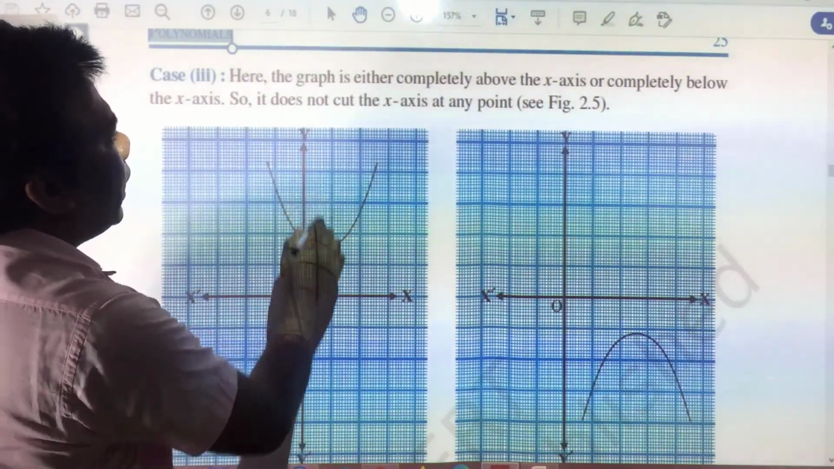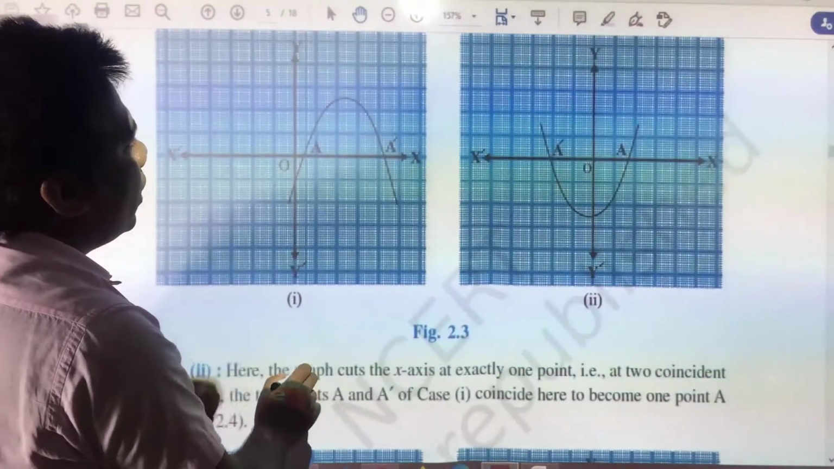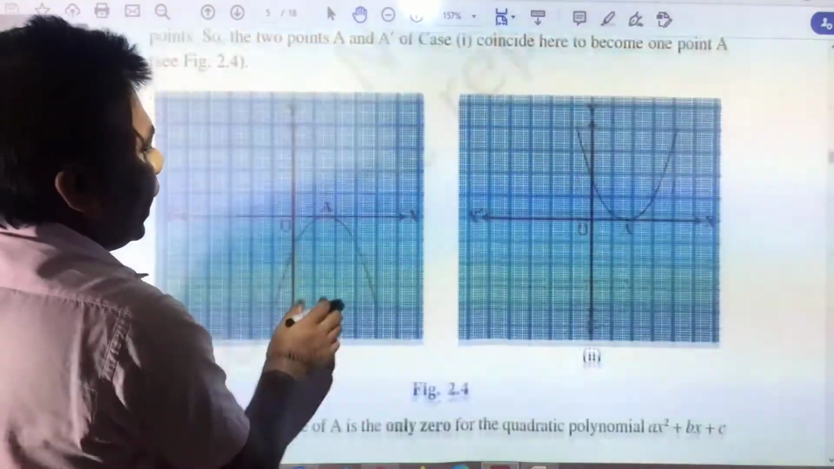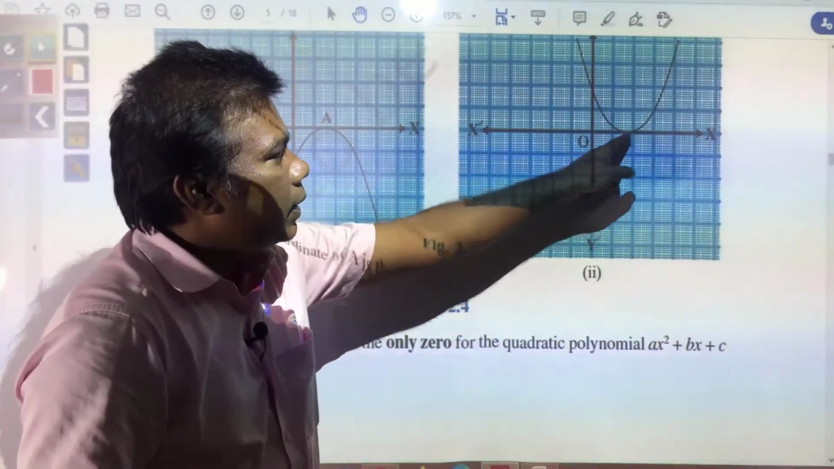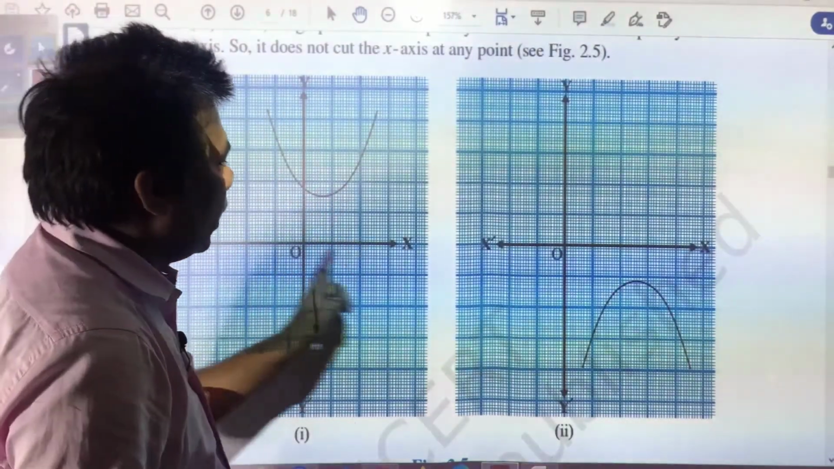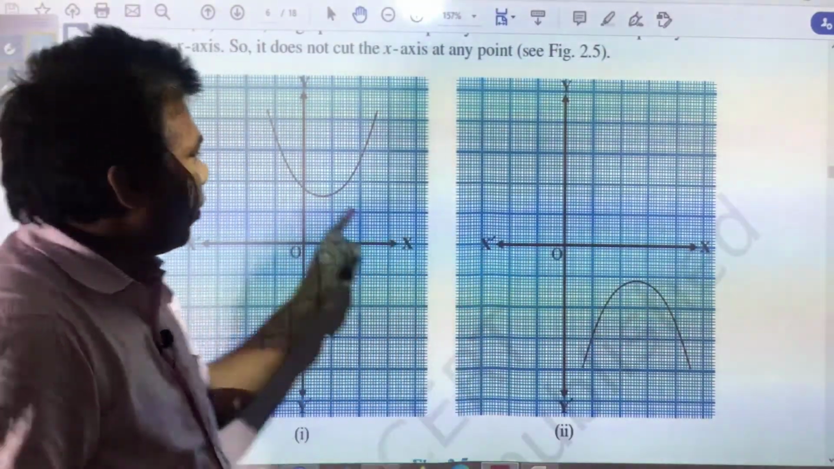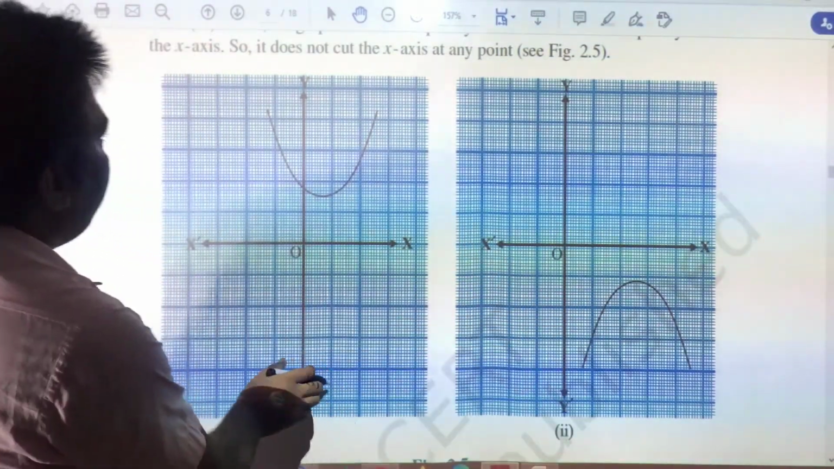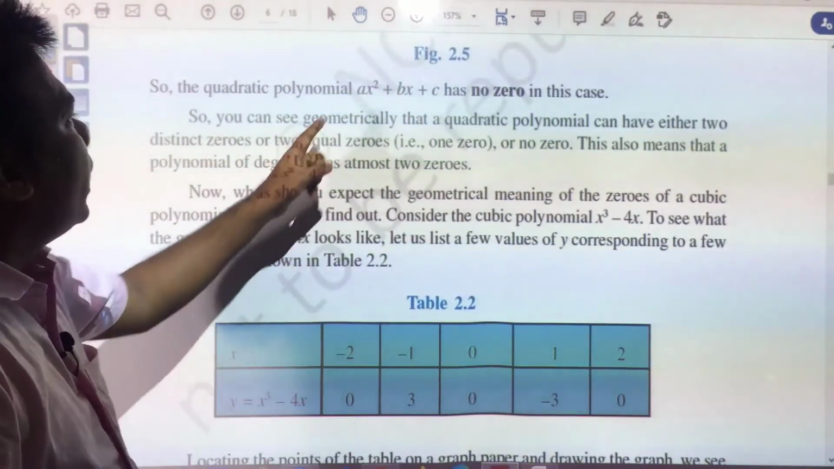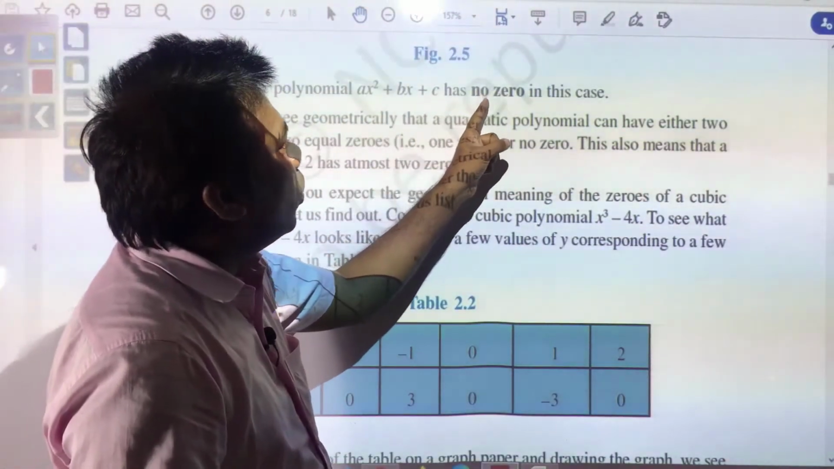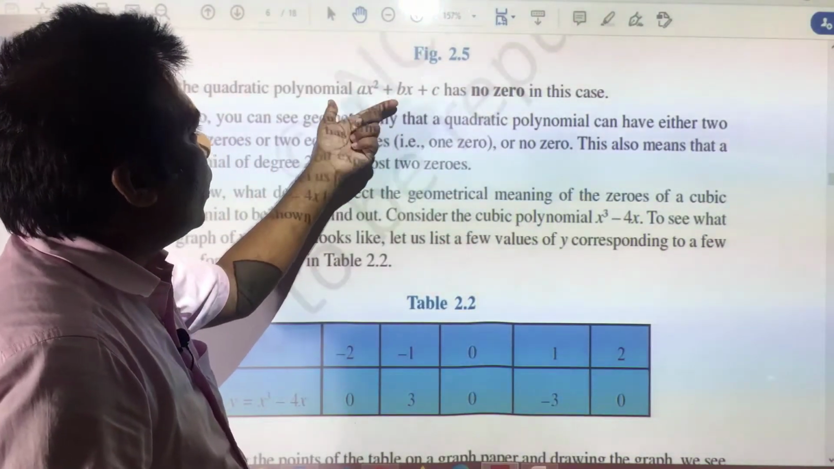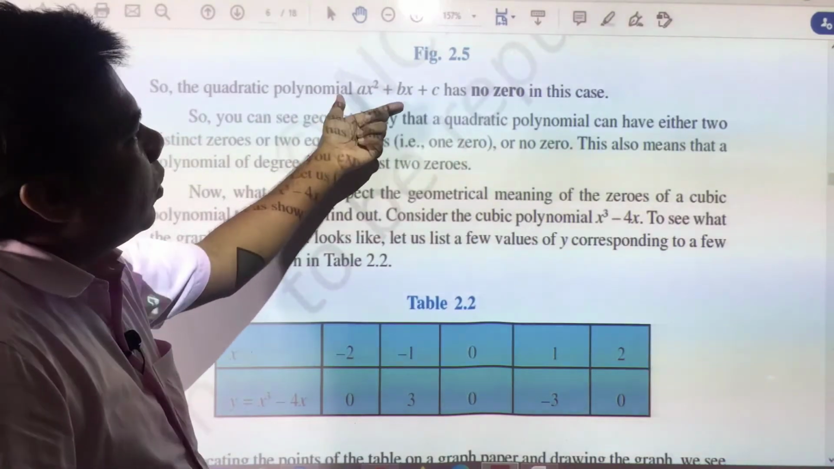In the first case, you have seen that the curve is intersecting at 2 points. In the second case, it is intersecting at 1 point. In the third case, it is not intersecting the x axis, and your graph will look like this. So, the quadratic polynomial ax square plus bx plus c has no zero in this case. In this quadratic polynomial, you will not be having